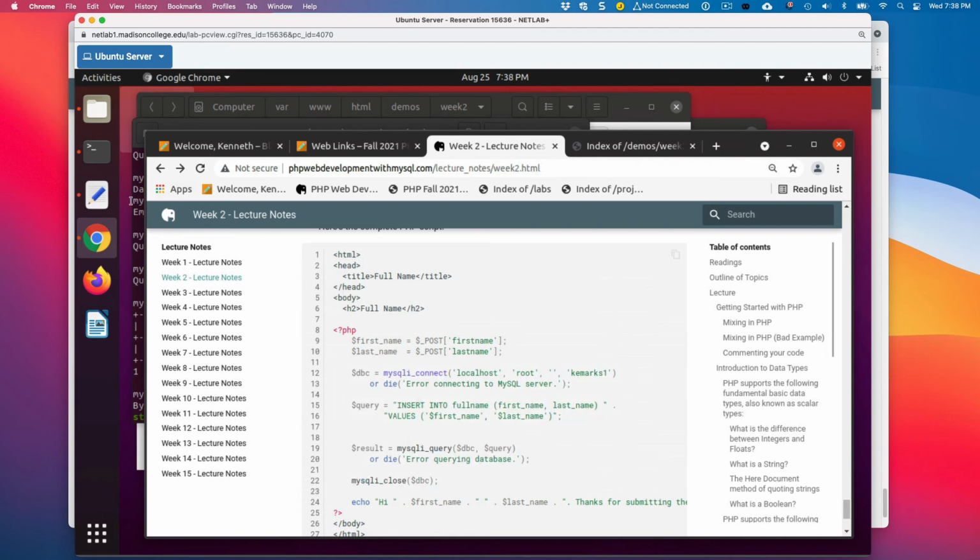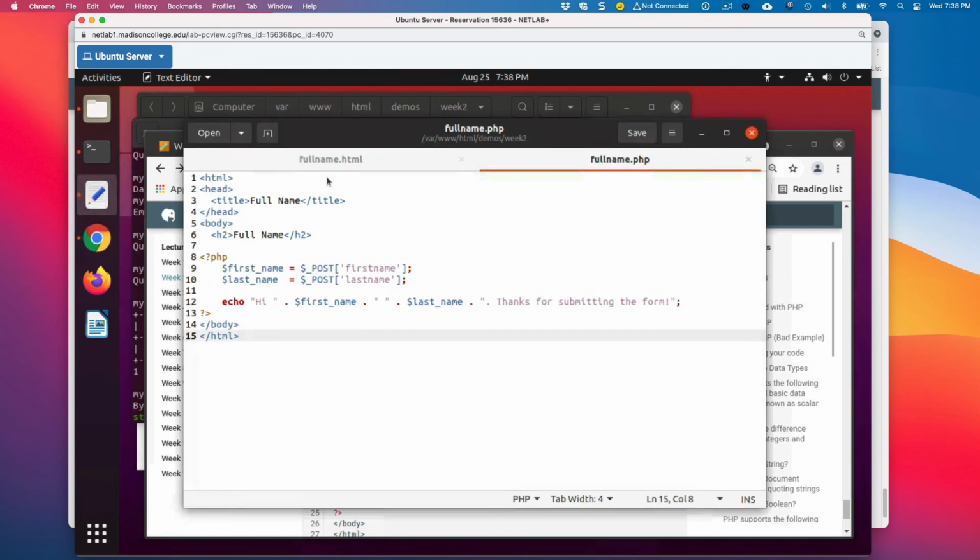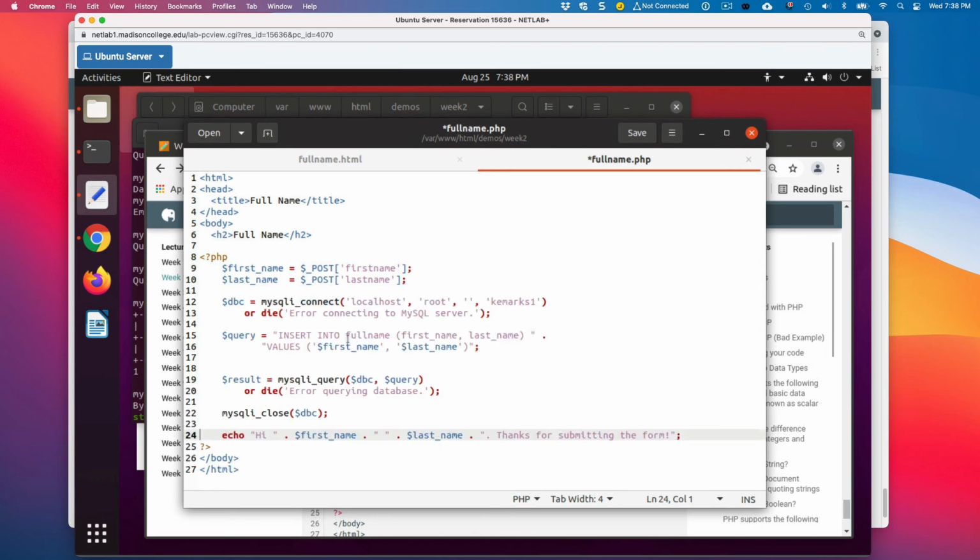Then I'm going to go into my editor, go into full name, put my cursor right here and paste that in. The change that you're going to have to make is this change right here.